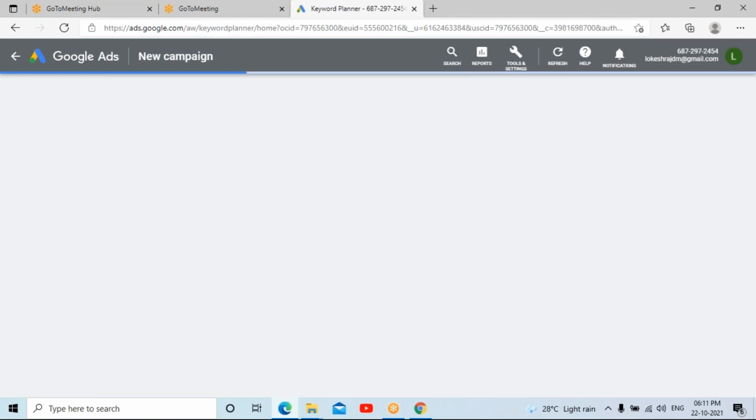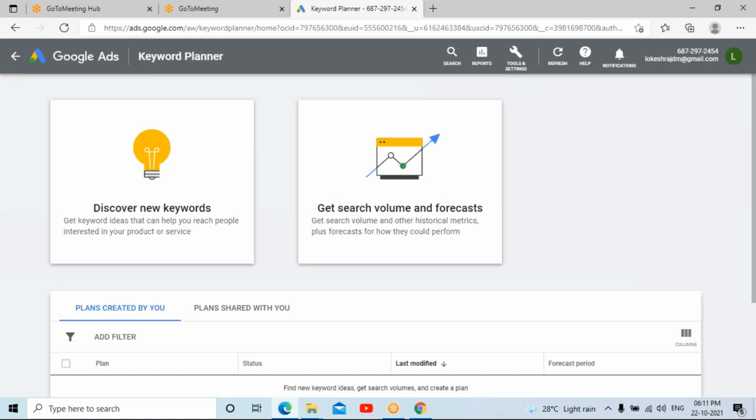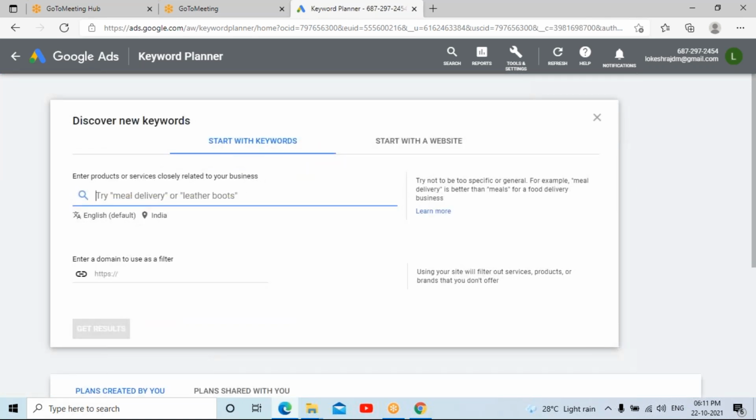It takes you to a new screen where it asks whether you want to discover new keyword ideas. So click on discover new keywords. Here you can give an example of your keyword.